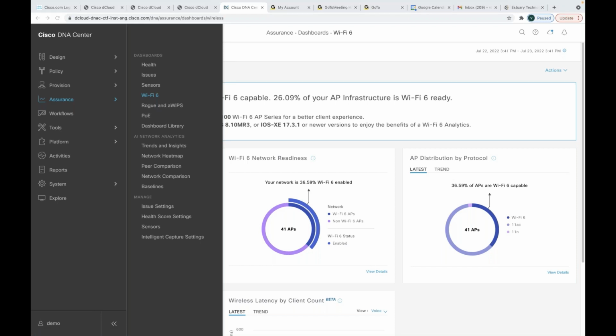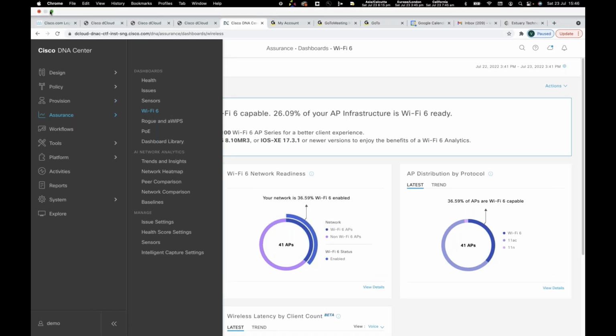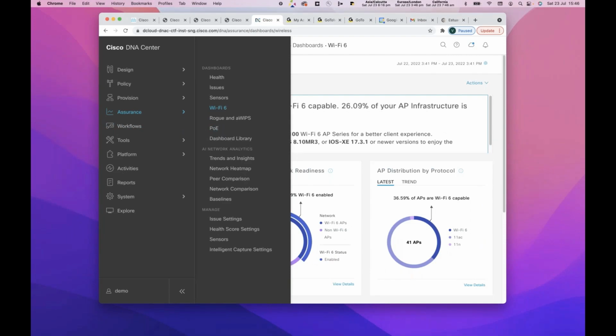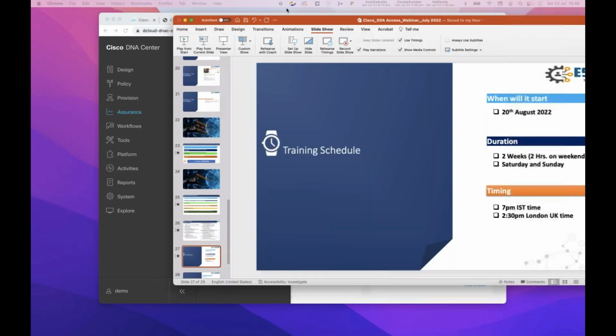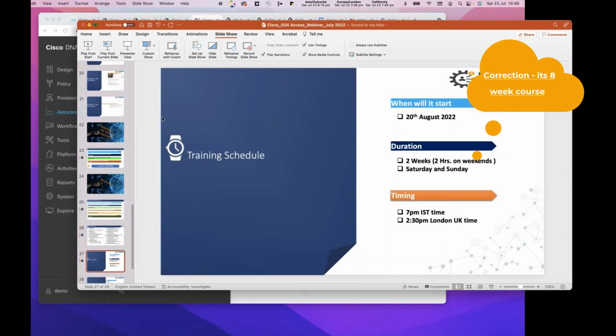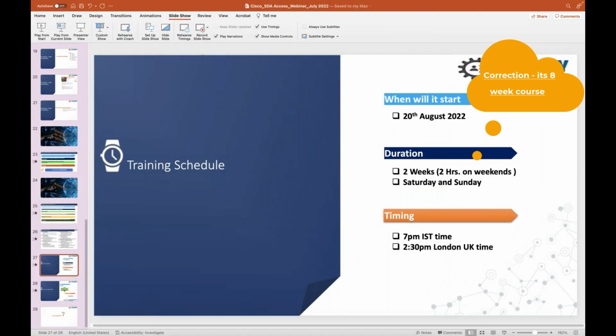I know that there are many questions in your mind about how do you deploy, how do you start, where do I get study material, and how do I actually understand Lisp, because so far I only know routing protocols like ISIS, OSPF, BGP, and now it's quite difficult for me to go into this kind of terminologies or protocols which are new to me. Don't worry, we will start from the scratch.